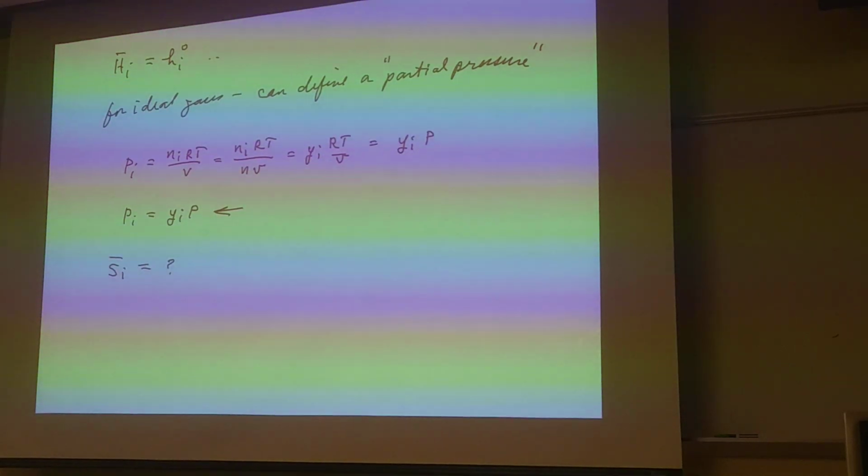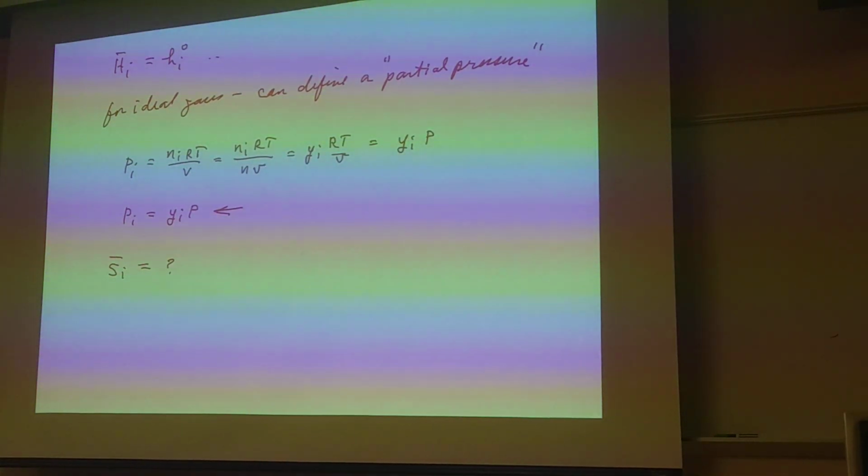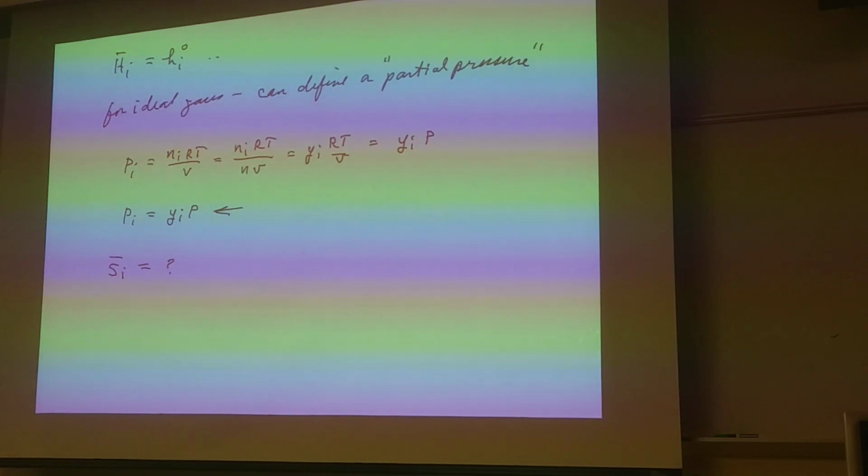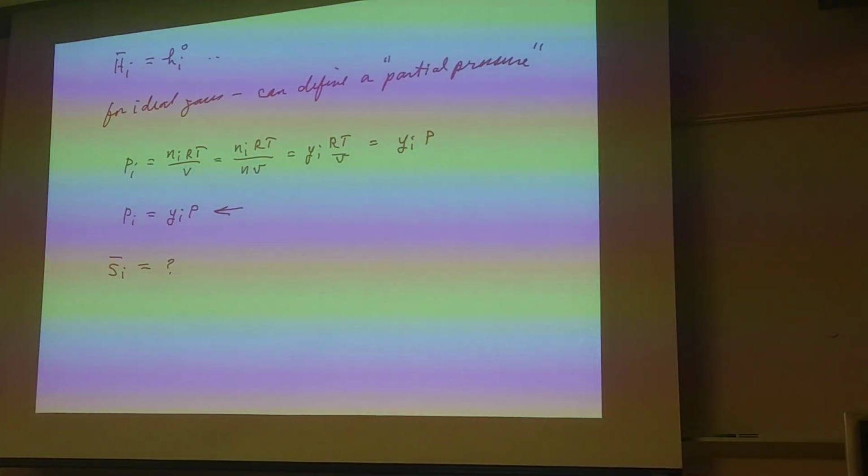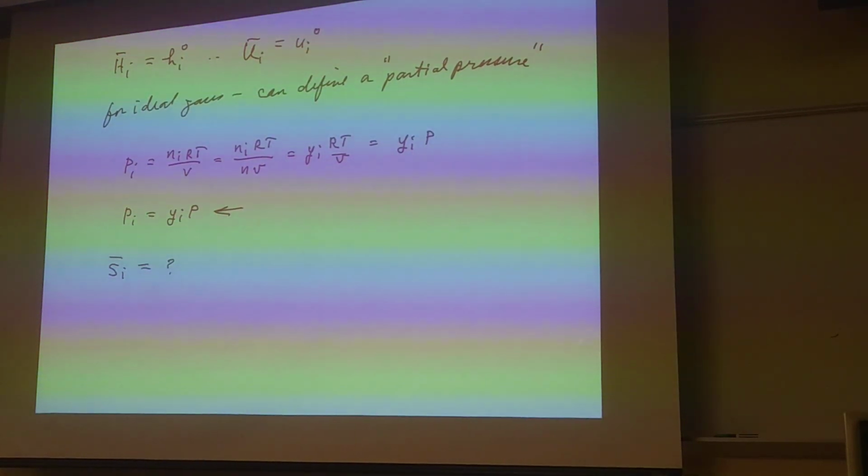So we could imagine that it is going to be composition dependent, unlike the partial molar enthalpy or partial molar internal energy, which is also true. But for entropy, perhaps not the case. So we have to address the calculation of the molar entropy in an ideal gas mixture of some component